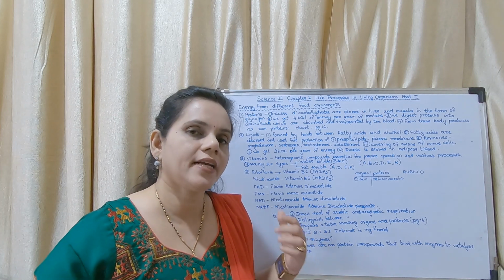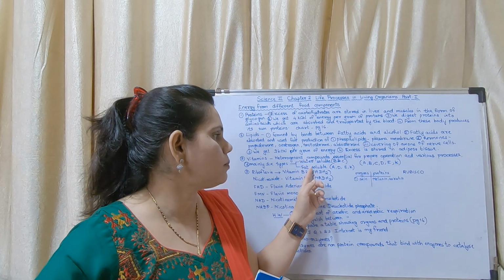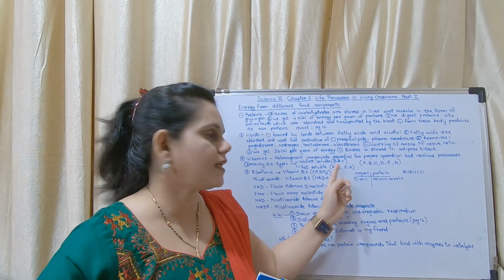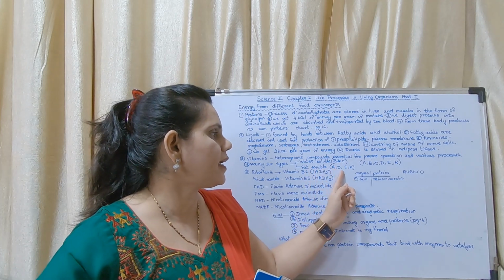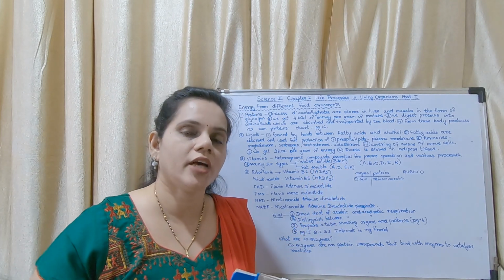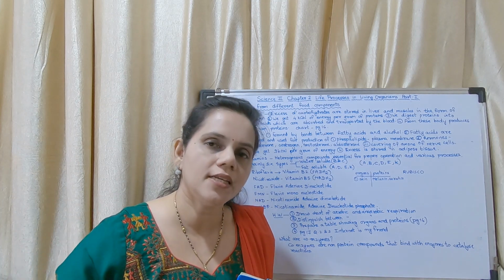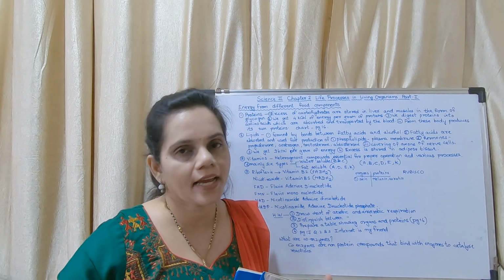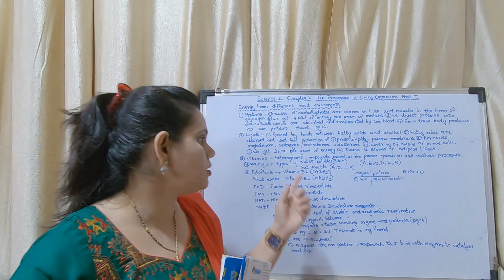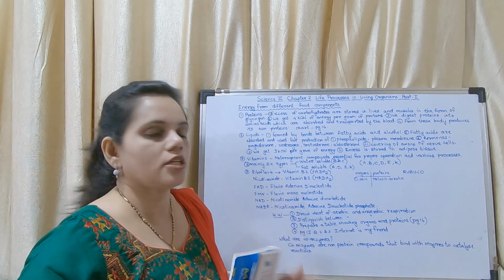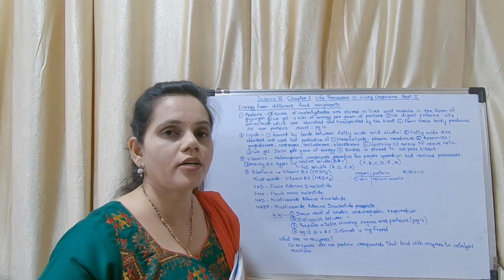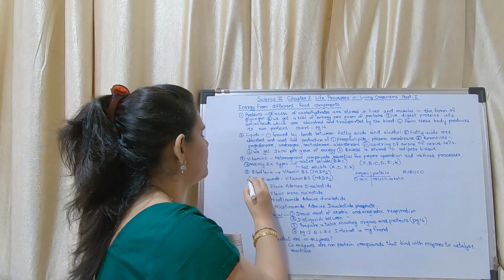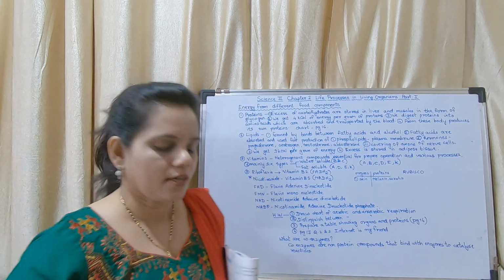Okay, they can be classified into 2: water soluble and fat soluble. The water soluble are B and C, and fat soluble are A, D, E and K. This you have to remember. Water soluble is B and C, and fat soluble is A, D, E and K. Okay, so this is about vitamins. This part is very important. It could be asked as a fill in the blank, correlation, etc.